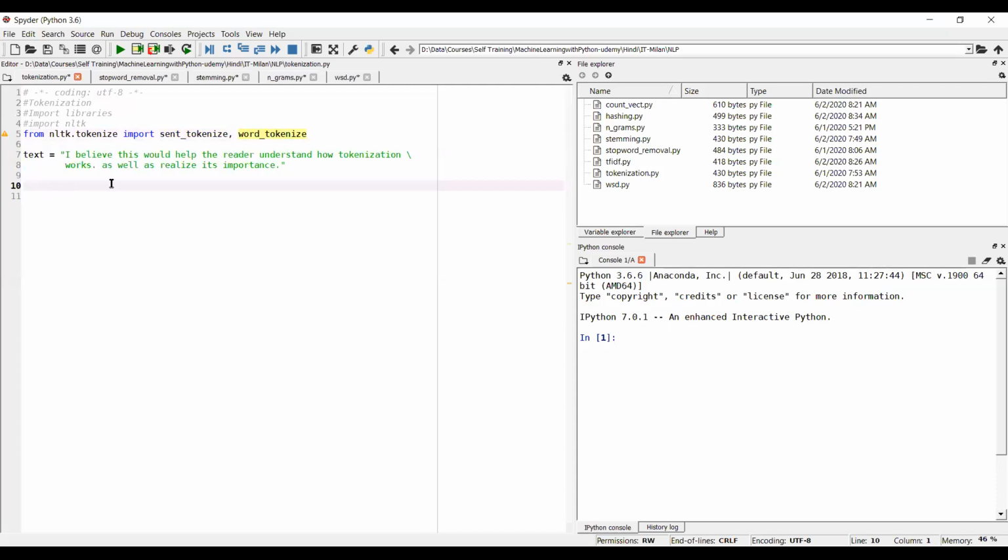Now I will define a variable called sent and apply word tokenization on this text. So how to do that? word_tokenize